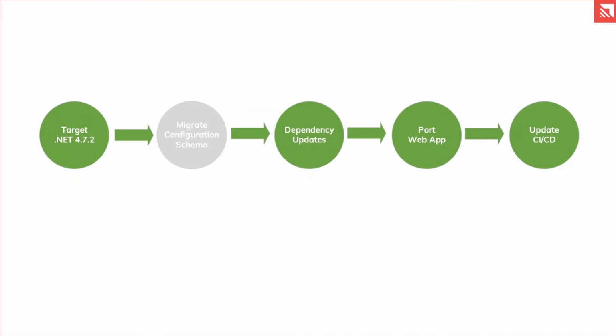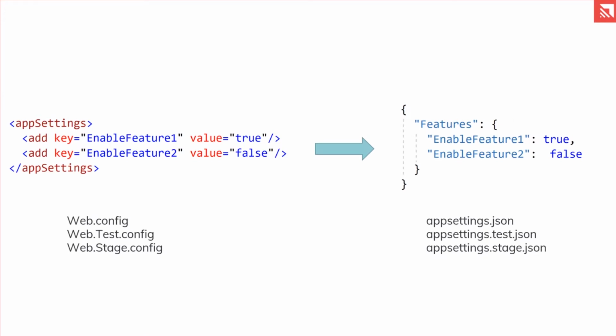All right. So the second part here is probably debatable, but we went ahead and did this first, which is migrating our configuration schema. And this is something that, at least when I started doing this, was not something I thought I needed to do, or was something I kind of just forgot in many ways. But when you look at the old way we did configurations and the new way, they are very different.